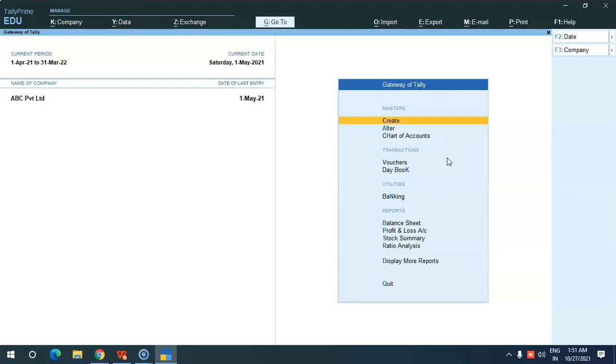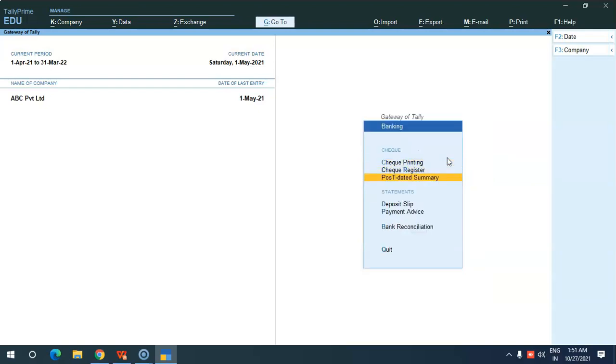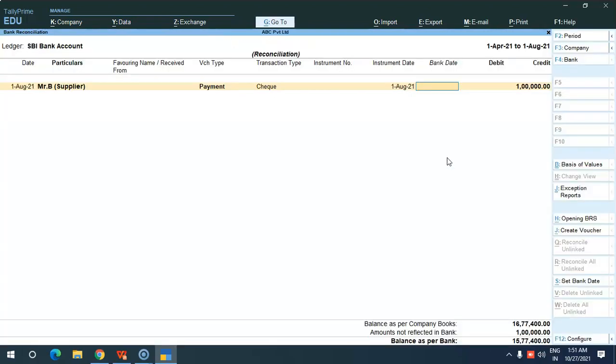Then for example, in some cases, if it is not related to a check, it can be due to bank charges. For example, the bank would have debited some amount as bank charges. You will be knowing only when you receive the bank statement. So after receiving the bank statement, you find that bank charges of rupees 500 have been debited. In such cases, from this screen itself, you have to post the voucher entries and then reconcile the same.